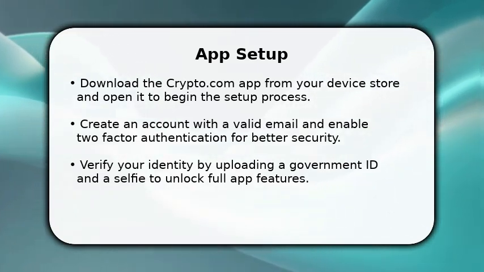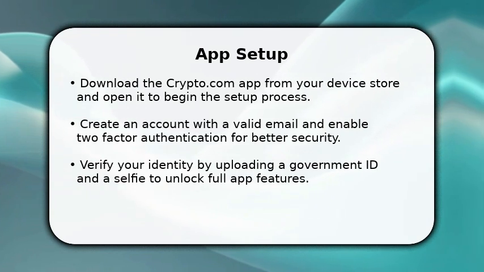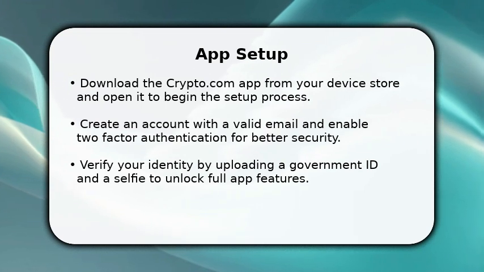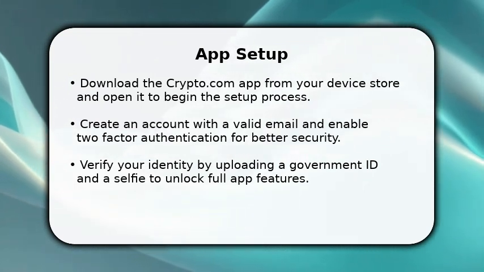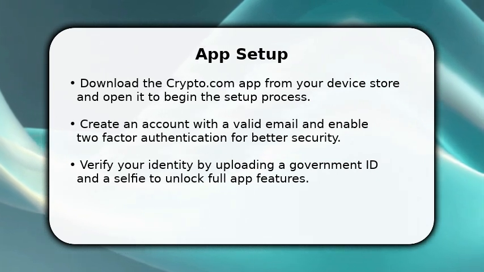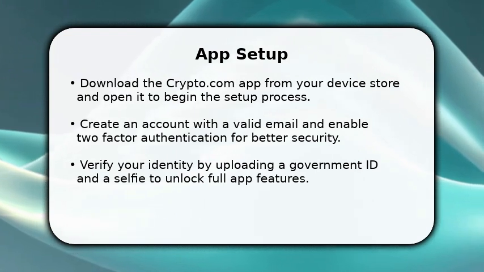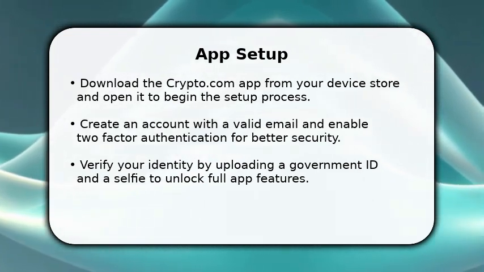In this video, I will show how to use the Crypto.com app. Start by downloading the app, creating an account, and enabling two-factor authentication. Next, complete identity verification with your ID and selfie to access deposits and trading. Finally, set a secure passcode and explore the home feed to familiarize yourself with balances, prices, and news before moving